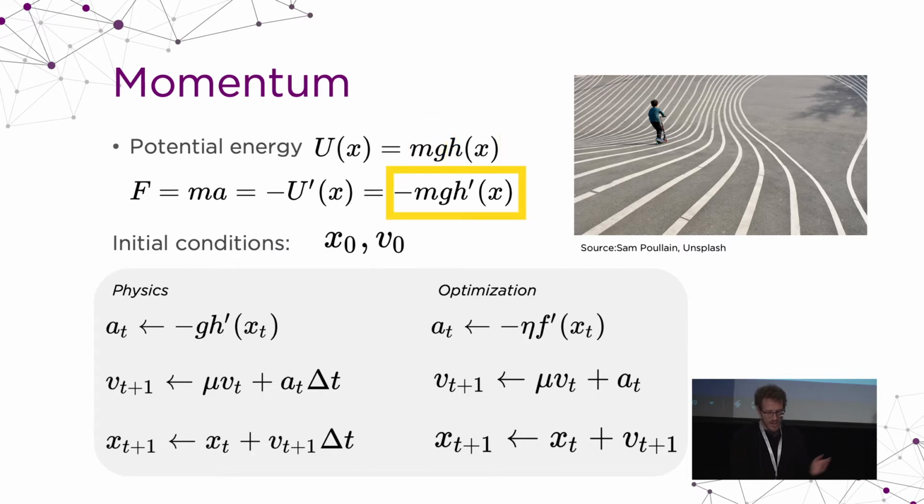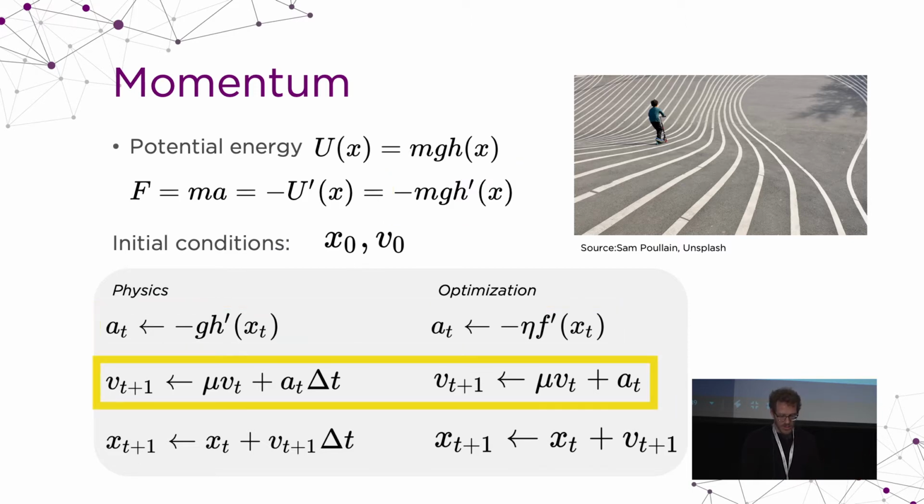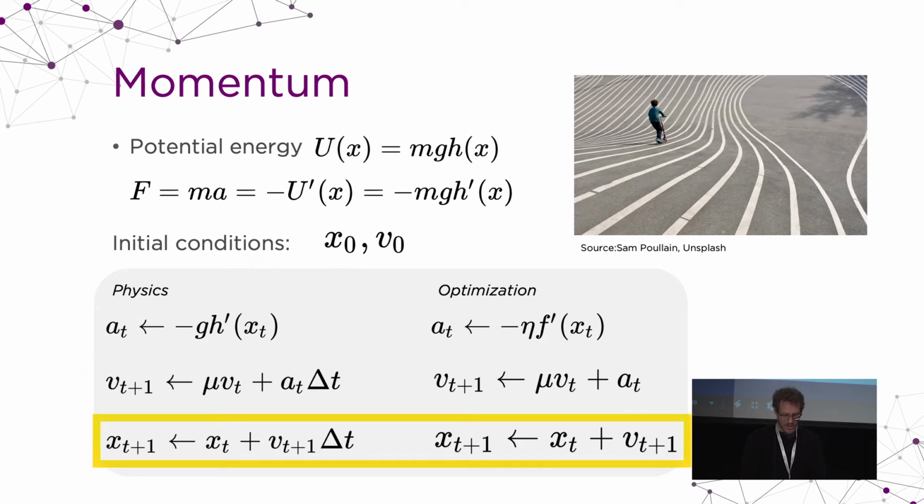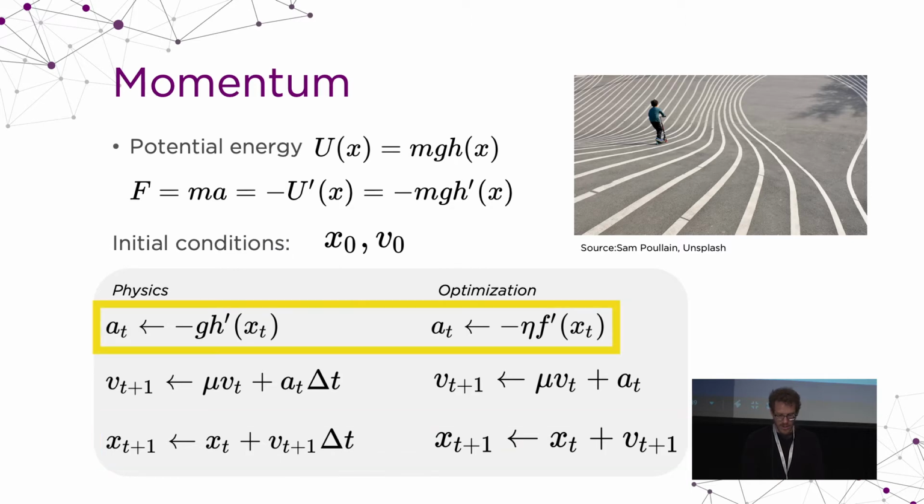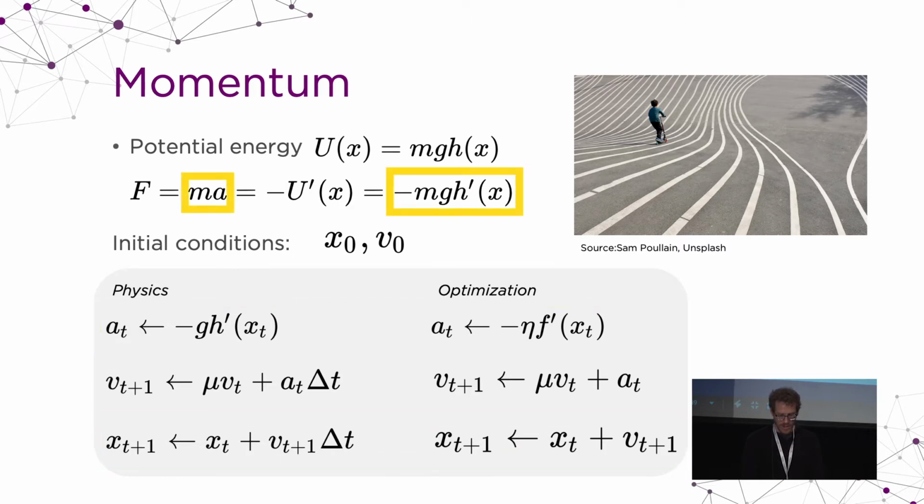And now we will try to simulate this physical system. I will discretize time, and I will compute one term associated to acceleration, one term for the speed, and one term for the position. So I will compute the acceleration at time t by using this formula, m a equals m times this. I just divide by m, and I just have minus g times the derivative of h at point h_t. With the acceleration, I can multiply it by the discretization of my time, delta t. I add it to my previous